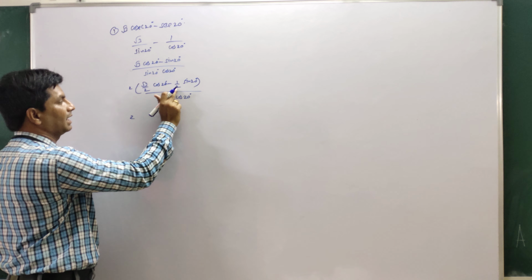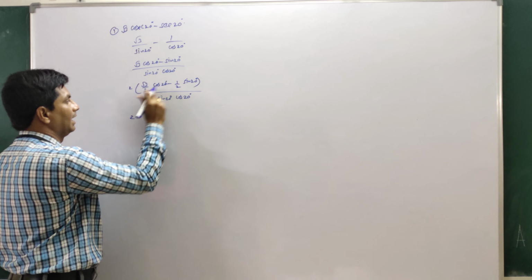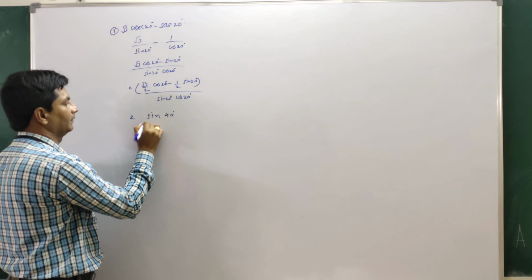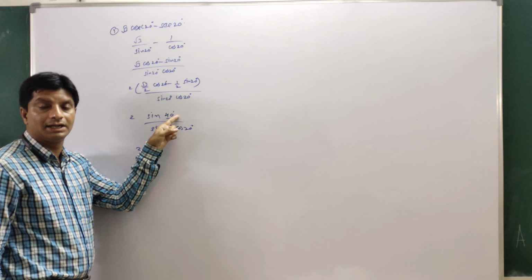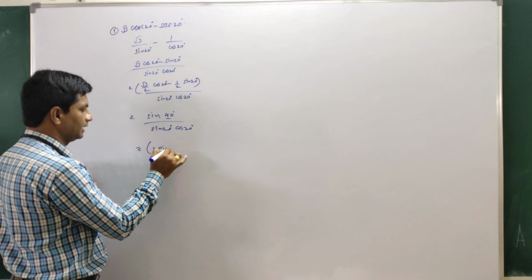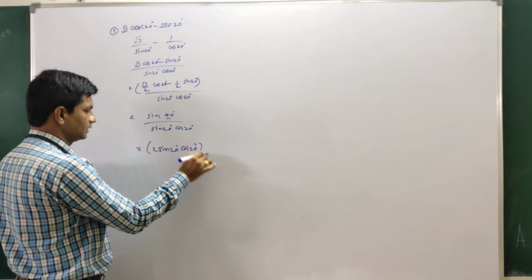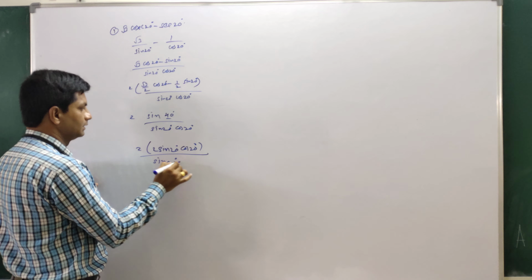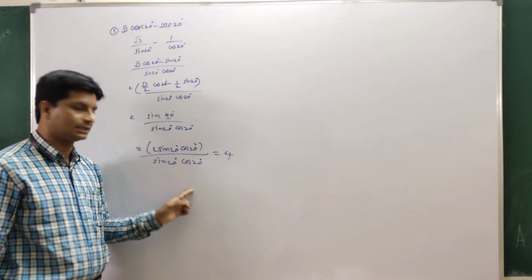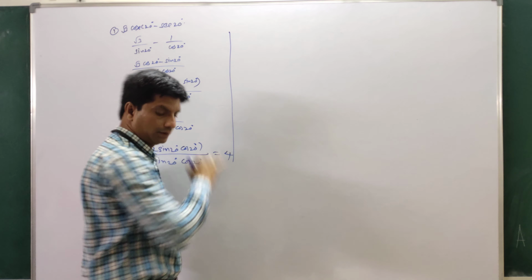Sin A cos B minus cos A sin B is sin of A minus B. A minus B means what? A means 60, B means 20. Sin 40 by, this is 2 sin 20 into cos 20. 40 can be written as what? 2 into 20. Sin of 2 into 20 is in the form of the sin 2A formula, 2 sin A cos A. So this is 2 into 2 sin 20 degrees into cos 20 by sin 20 degrees into cos 20. So the answer is what? 4, because sin 20 cos 20 gets cancelled. Answer is 2 into 2. This is 4. Next problem.